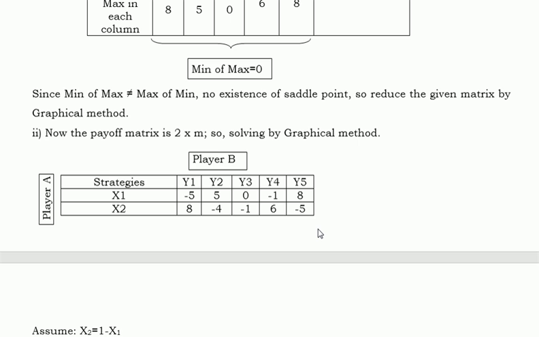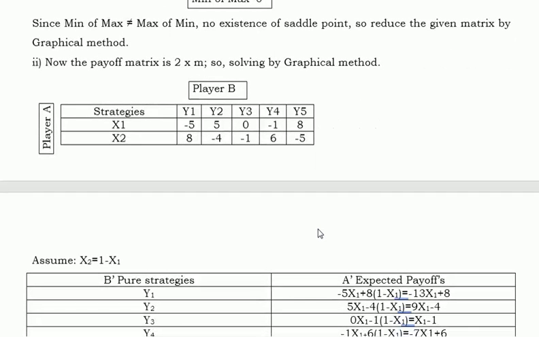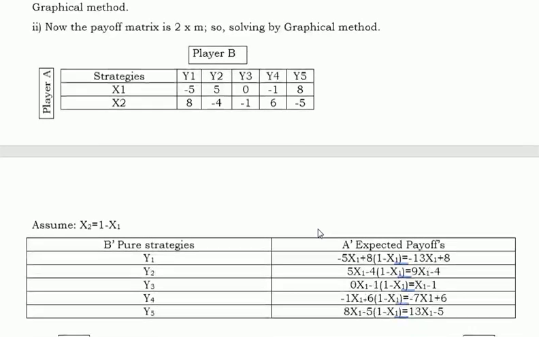Presently order of matrix is 2 by 5. Let us apply graphical method to reduce the matrix. Here x1 and x2. Let us assume x2 is equal to 1 minus x1. Okay, right? A is the payoff matrix. B's payoff strategies are y1, y2, y3, y4 and y5. Expected payoff